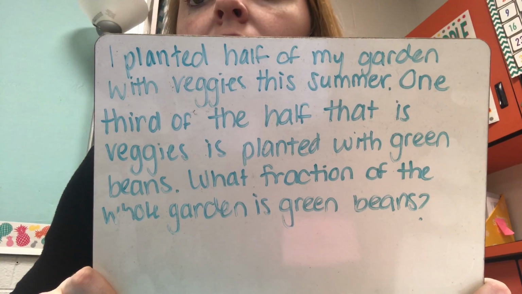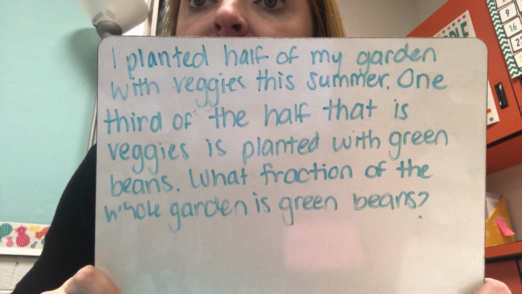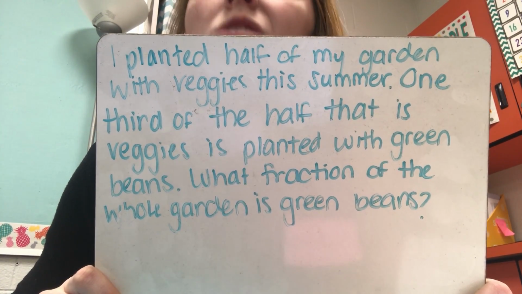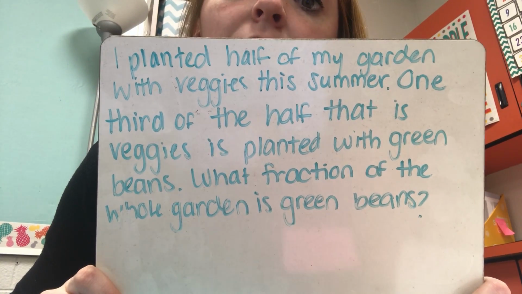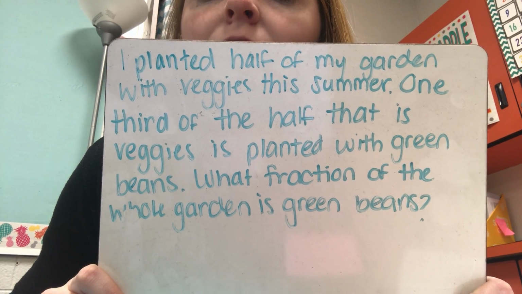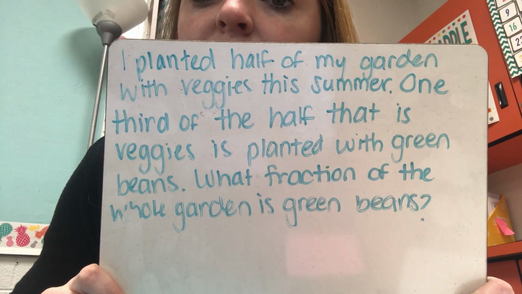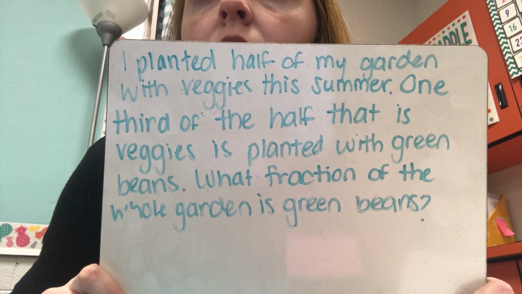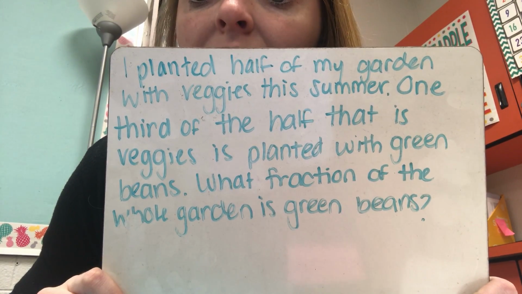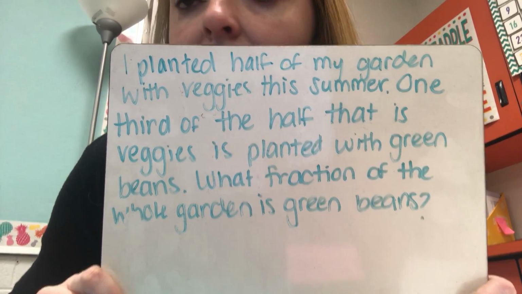read it together. I planted half my garden with veggies this summer. 1/3 of the half, that is veggies, is planted with green beans. What fraction of the whole garden is planted with green beans? I want you to pay really close attention to this question. The question asked what fraction of the whole garden is planted with green beans. So that means I'm not just thinking about what part of the garden that's vegetables is green beans. The question wants me to think about the garden as a whole. So that's going to affect how I determine my